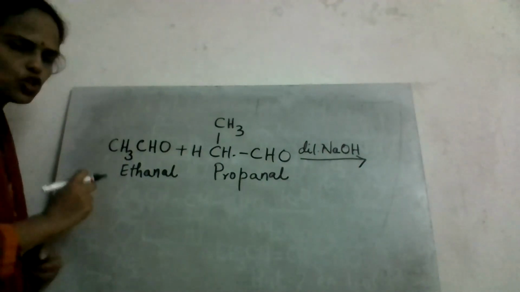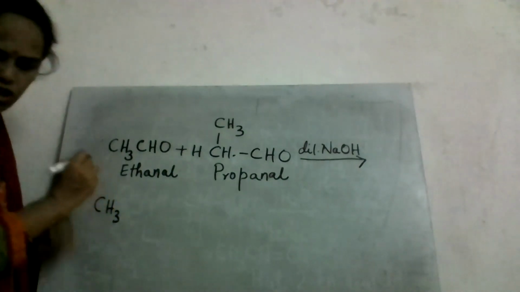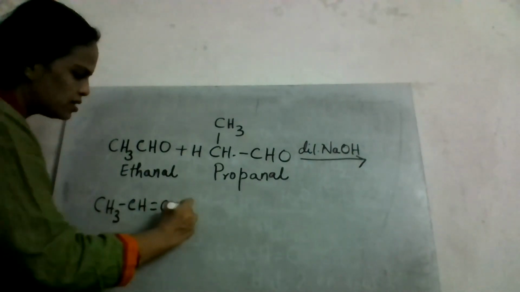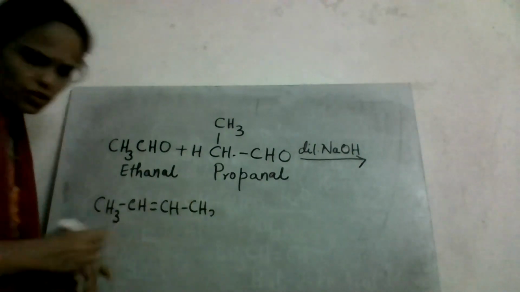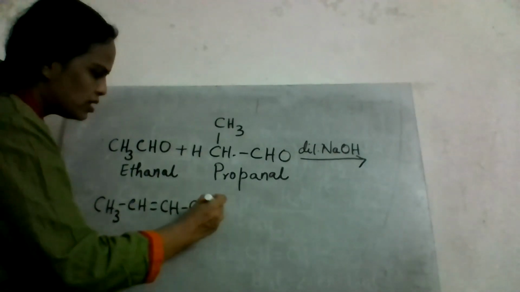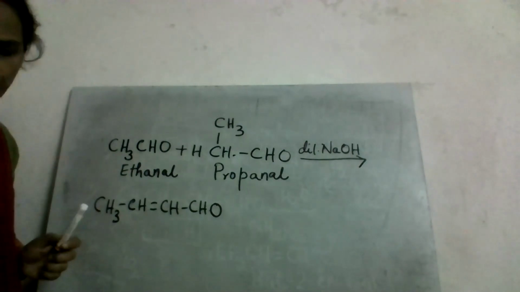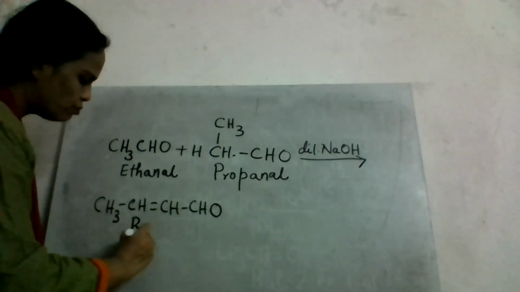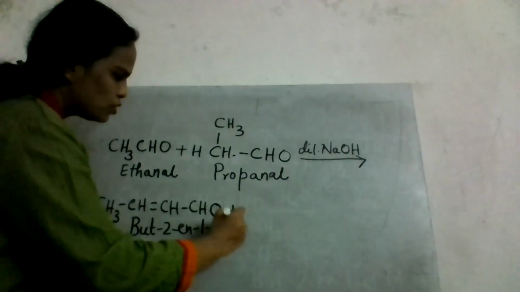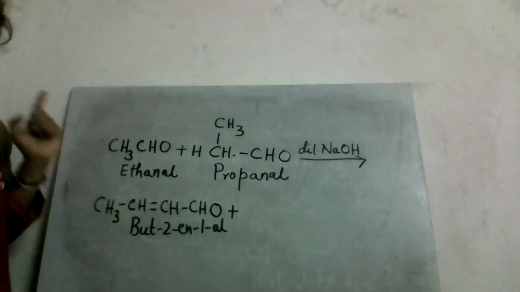If it is CH3CHO, two same molecules of ethanol, the product that is formed is CH3CH=CHCHO, as I showed you in the first reaction, and the name of this compound is but-2-ene-1-al. But-2-ene-1-al is formed. Two same molecules of propanol, if they react with one another, result in giving you